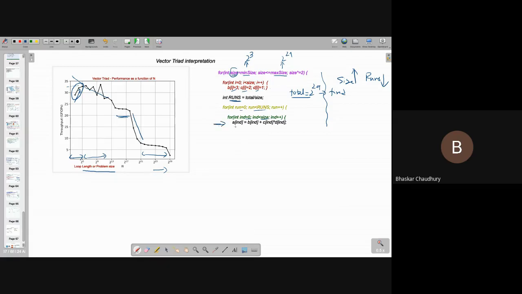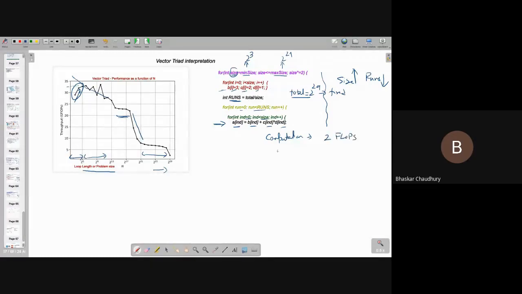So what we are doing is calculating A by using B, C, and D, which are stored here. First, let us talk about how much computation and how much data. How much computation in terms of flops for one loop? 2, because one addition and one multiplication. Two floating point operations, two flops.